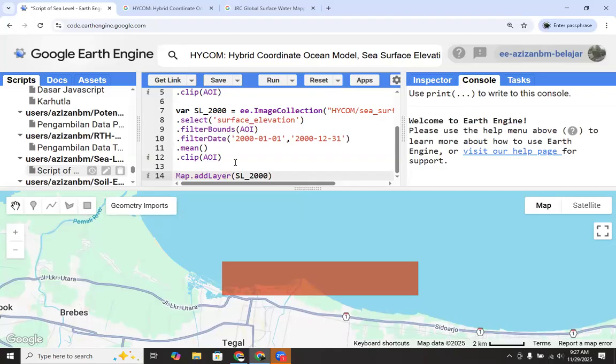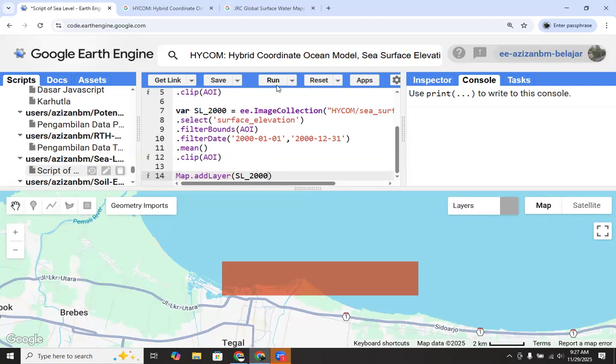And then we can visualize the sea level of the year 2000.